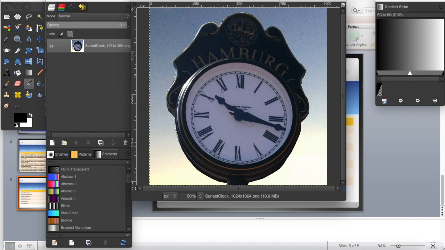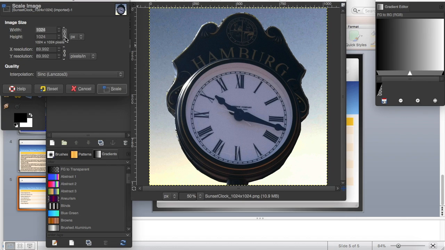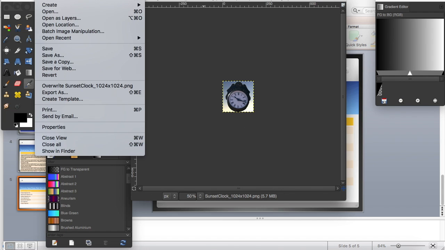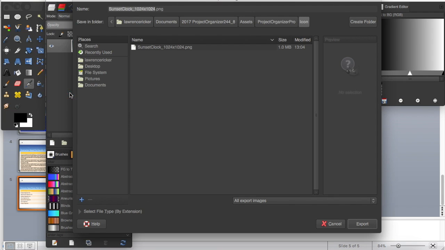So I'm going to go to the largest file size first, and then downgrade from there. So let's do image, scale image. I'm going to make it 180 by 180. It'll automatically switch both axes, X and Y. So that's the new size icon. Do file export. Now I need this to be a very specific name. It needs to be clock post sunset